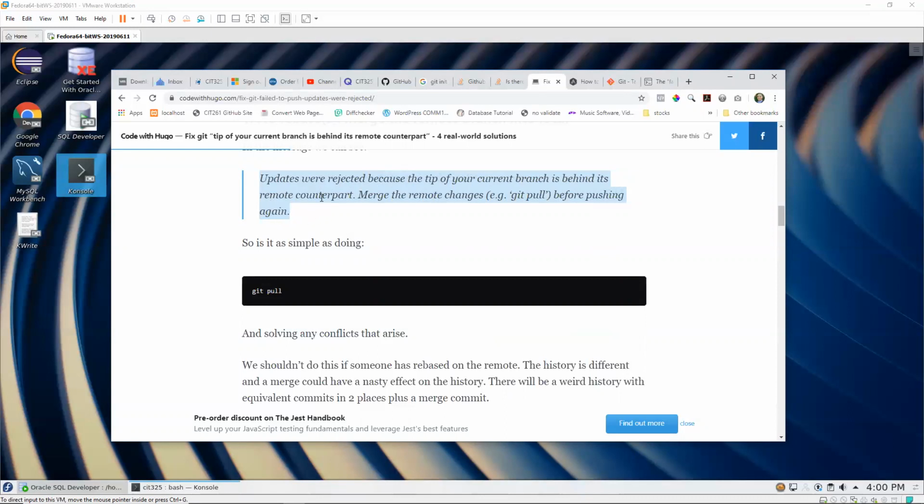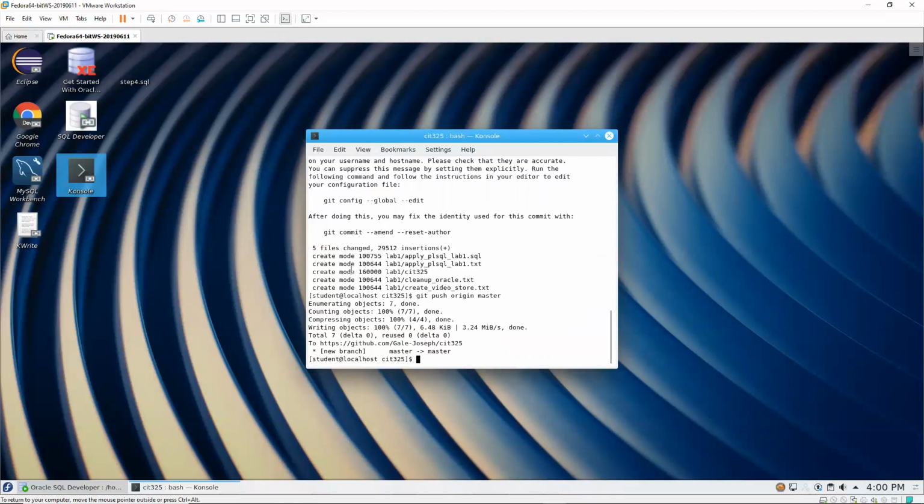So if you get a weird kind of error like this, there was another error that I got that I can't remember, but what I'm about to do fixes both of these errors. If you get the weird error, what you want to do is pull your repository from GitHub and synchronize everything that's on GitHub with what is on your Git repository here on your Fedora machine. To do that, you type in git pull, put your alias that you created, origin, and then master. Now here's the part that you need to add. You need to type in --allow-unrelated-histories,